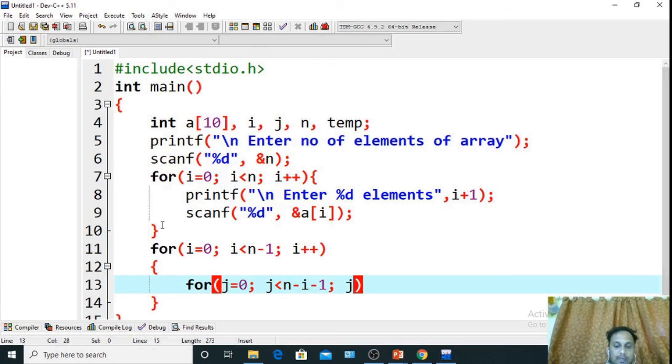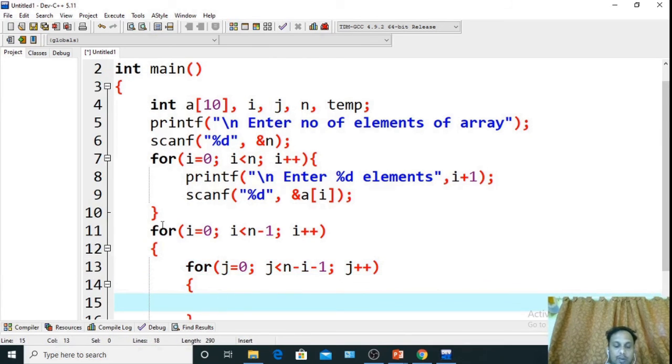Okay. j plus plus. Next we will do the swapping, that is if a of j is greater than a of j plus 1,